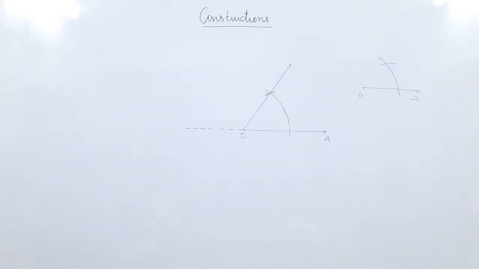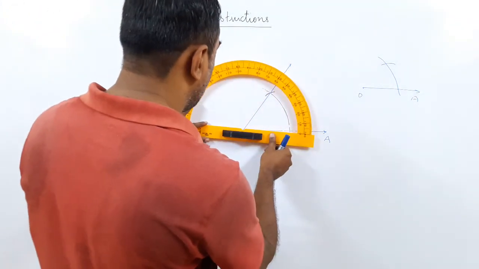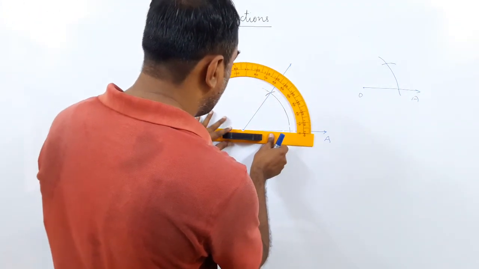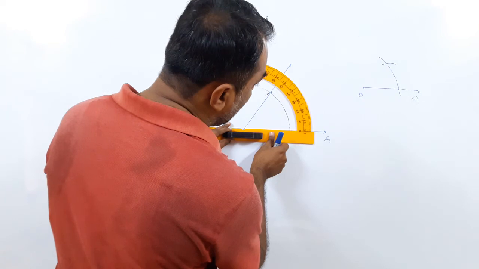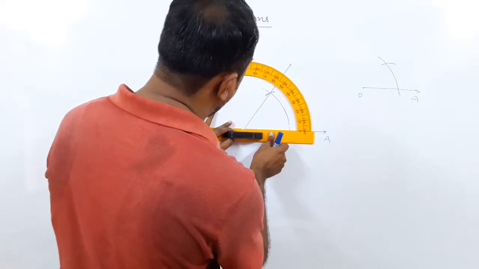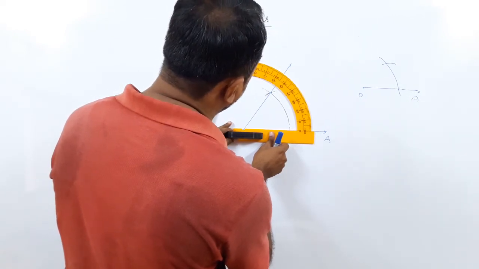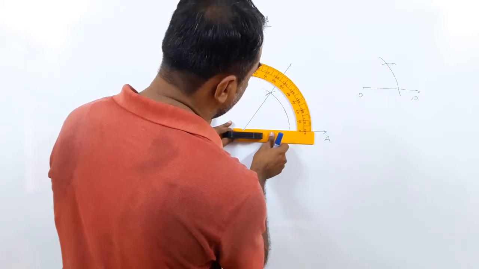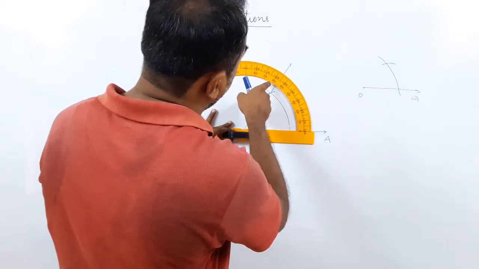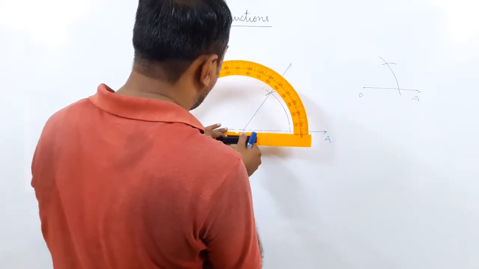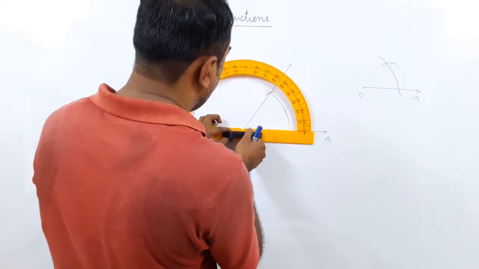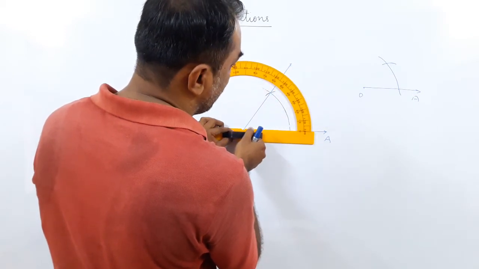Okay, so this is how I get my 60 degree, but let me check it out. Is the construction good enough? At the center I put this on 0 degree, and I am not getting exactly 60, I am getting slightly lesser than 60. So my construction is not proper, it should come exactly at 60, so we have to redraw it again. Yes, it is not exactly perfect.